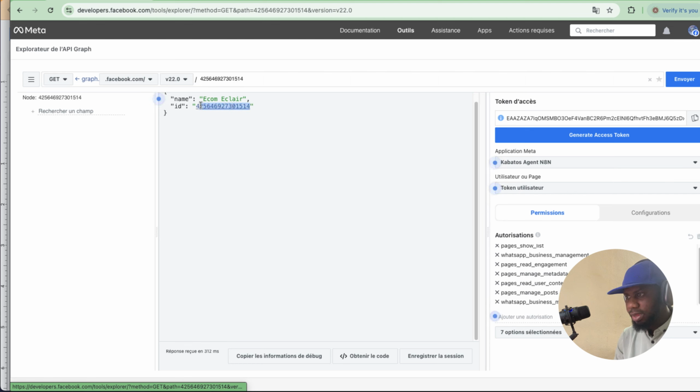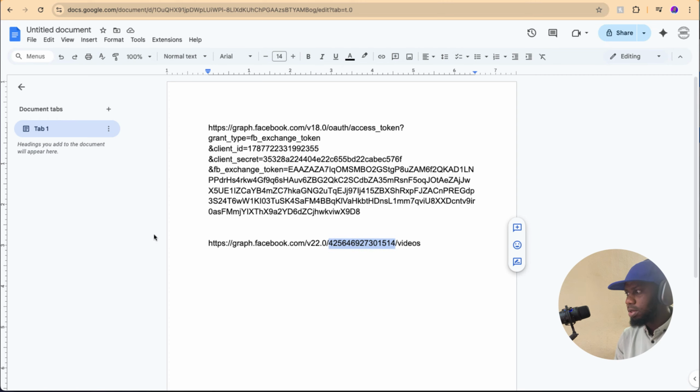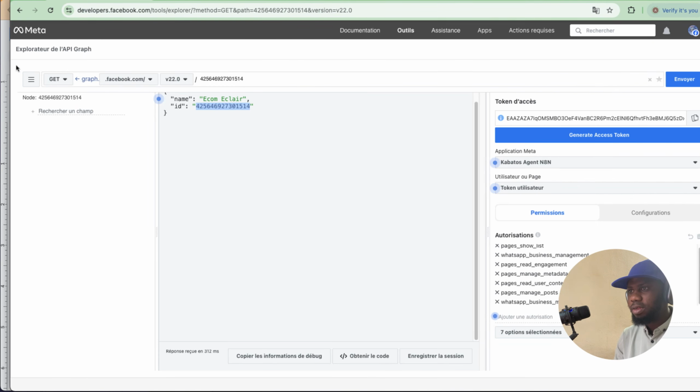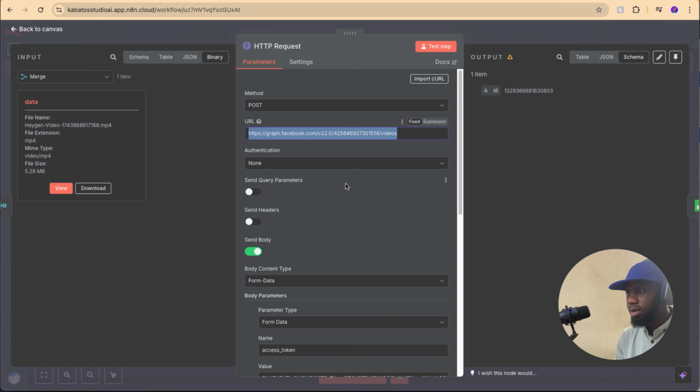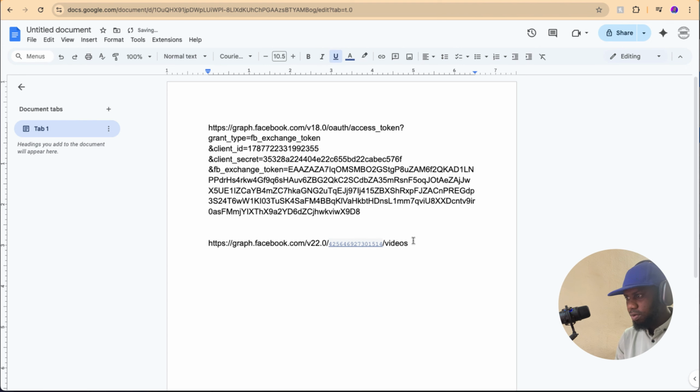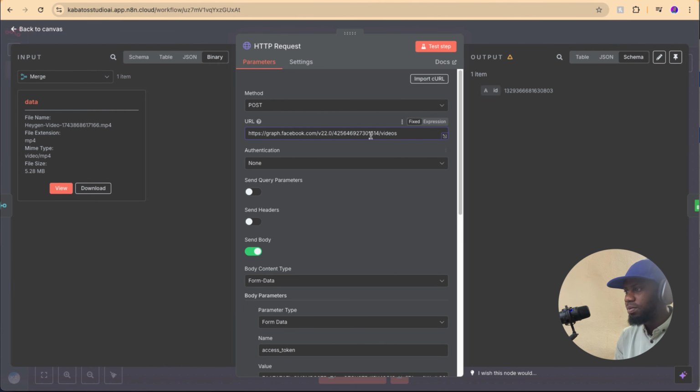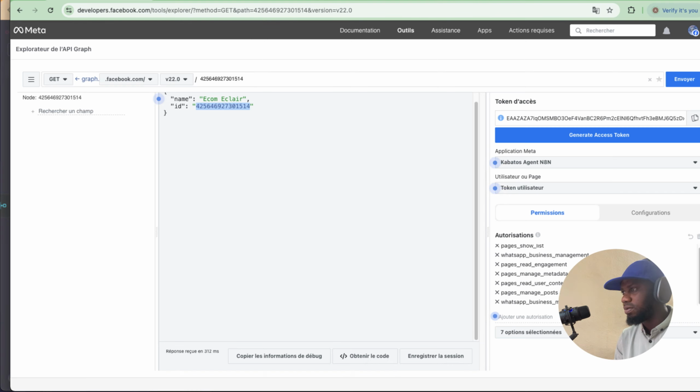So you can copy this ID and go to your HTTP request here and paste it here, okay. Copy this link and paste it in your HTTP request, and it's done. So if I click on test step, it will post to my Facebook page, and it's done. It's very easy. So if I go to check my Facebook page here,